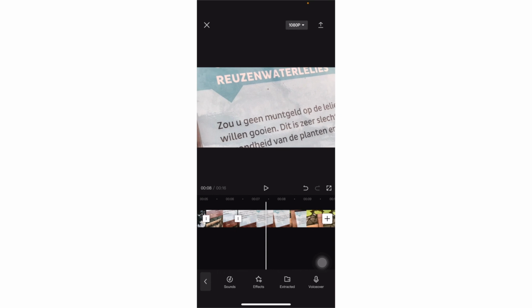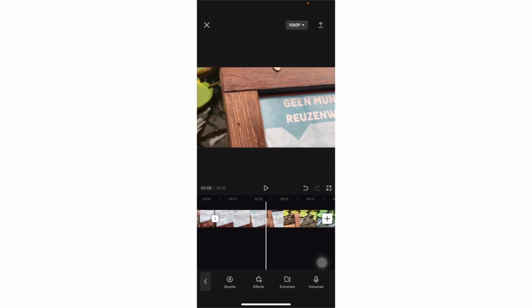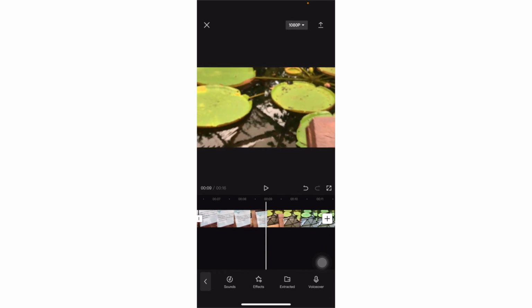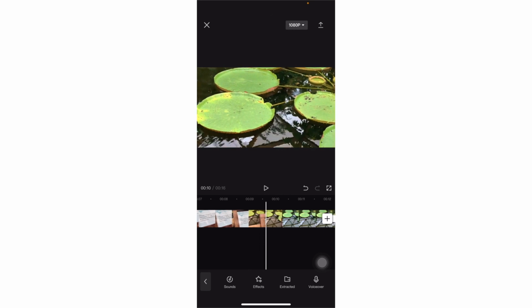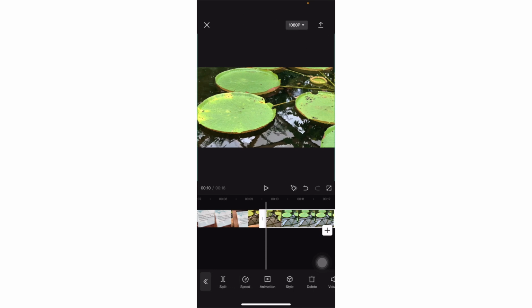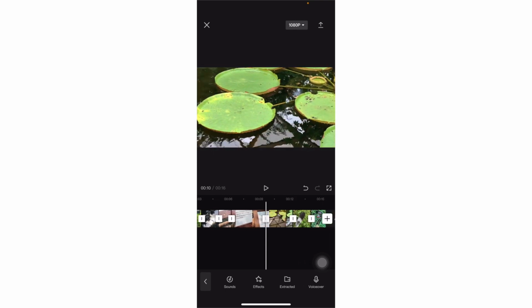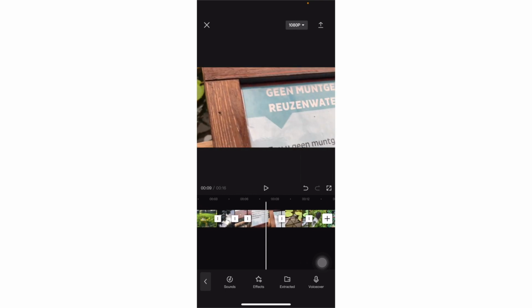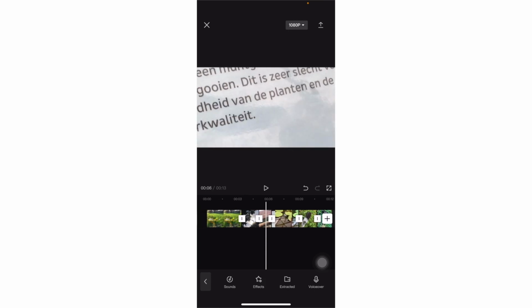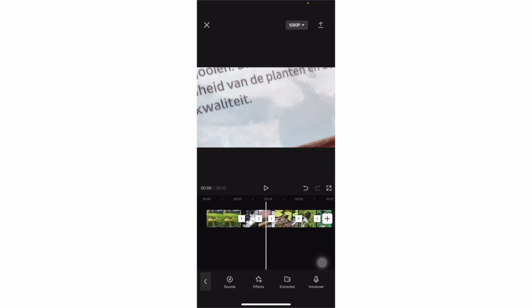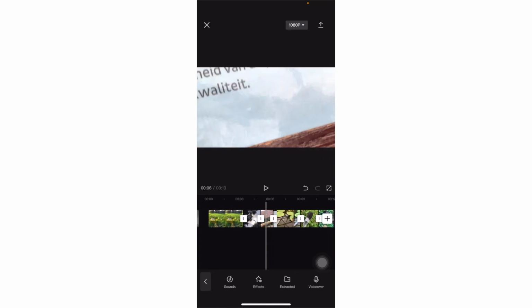So then I move forward to put the cursor to where I want to see the picture again. That's here where we see the leaves. So cursor's in the right place, I select, I press split, and now this piece of video that I just added has been cut in 3. And now I can select the part in the middle and I can delete it. It's just gone out of there. So what we have now is this shot, and the middle part was cut out.